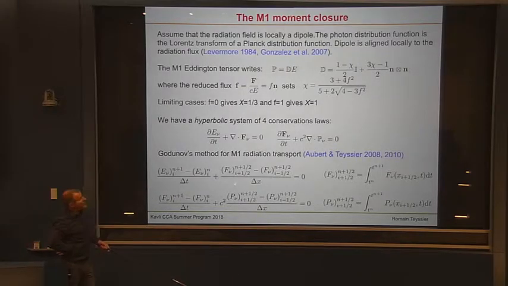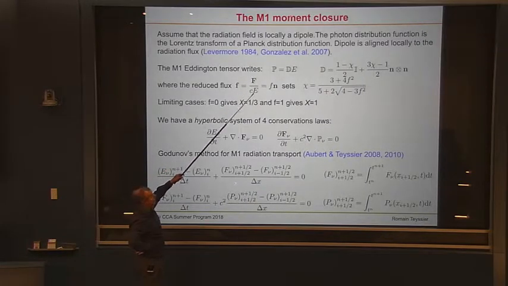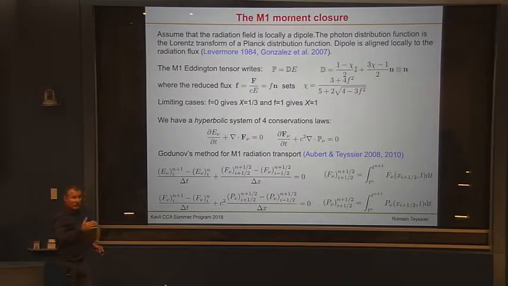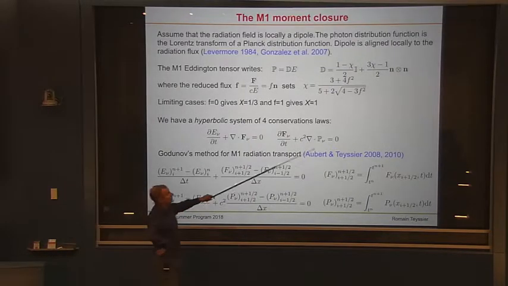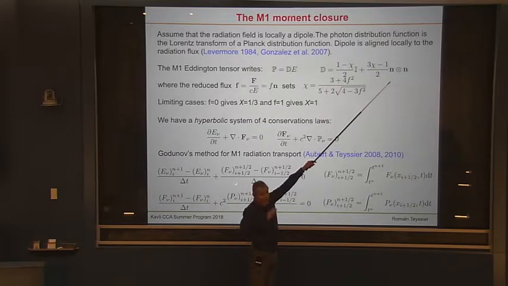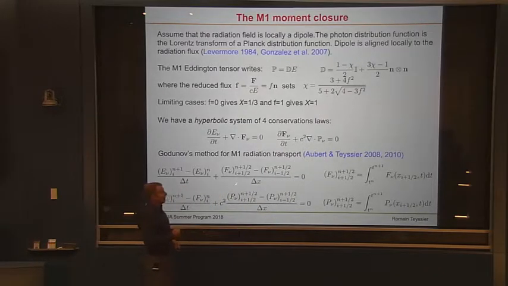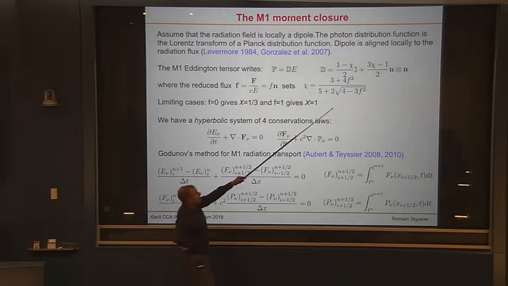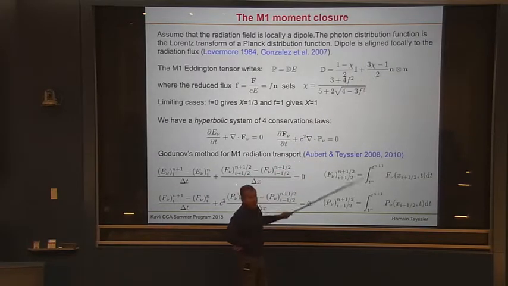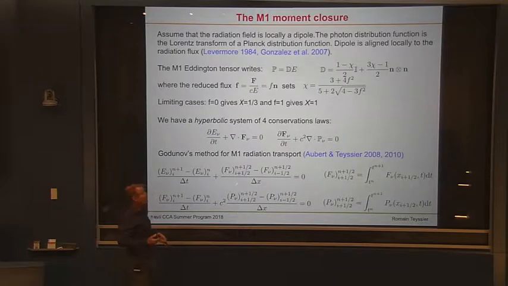So this is an ultra simplified model, which has the very good property of being local, meaning it depends only on the local flux and on the local energy of radiation. It also gives you the two extreme regimes naturally, isotropic and beamed radiation, which is great too, except that it fails in more complex geometries, because obviously with this very simple parametrization, you can't capture very complex geometries. I will give you an example in a minute.